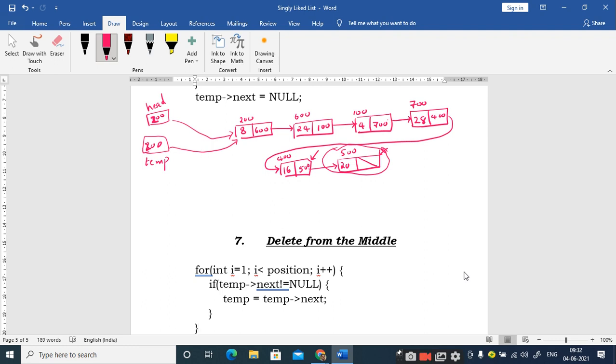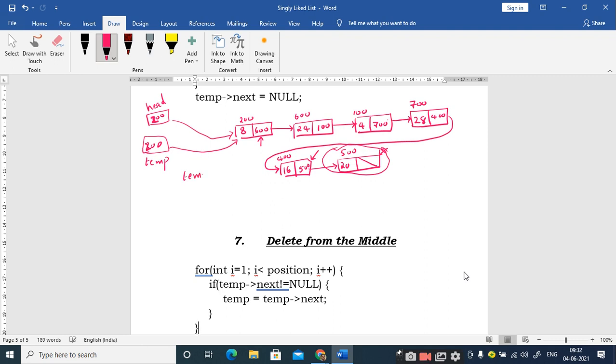Yes, sir. Now what I should do is have a pointer pointing to the previous node, right? So how can I access this 600? That means the next part of the first node. Head next can be called 600, but as I don't want to make any modifications to the head pointer, I make use of temp. Therefore I can call it temp next, right?